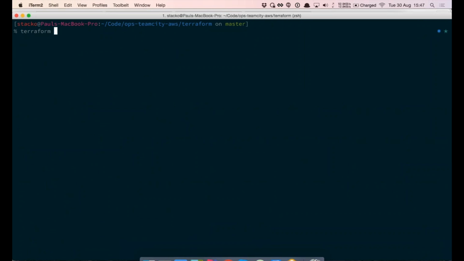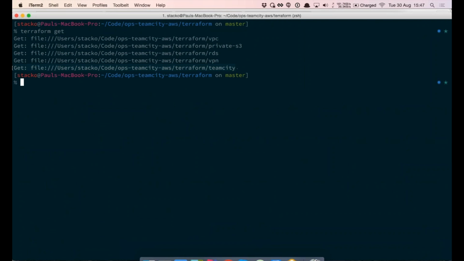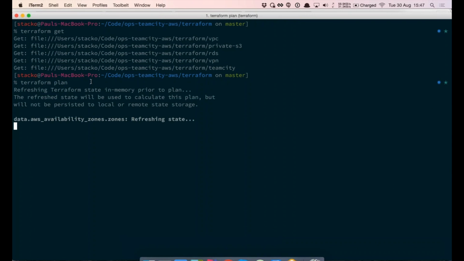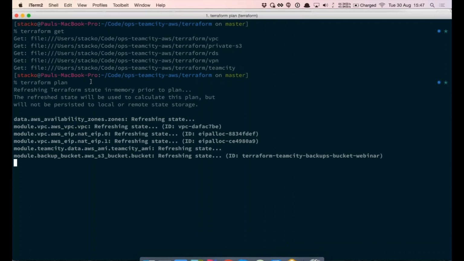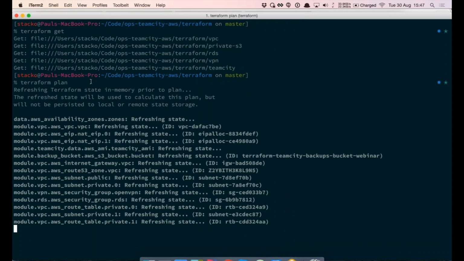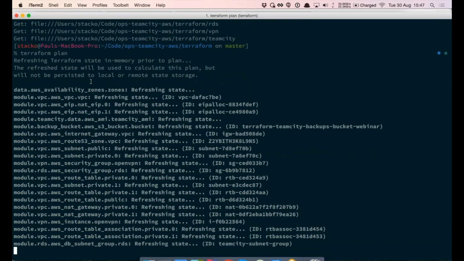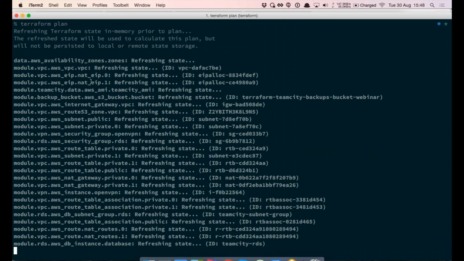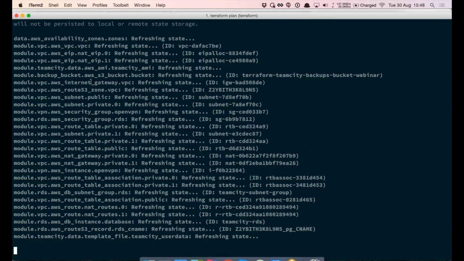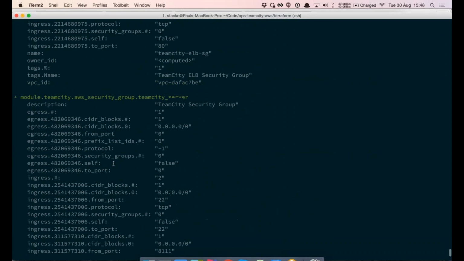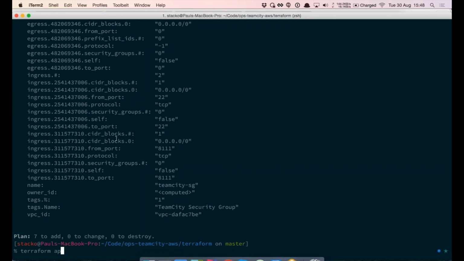And if I run the command terraform get again, you'll see that it's now downloading the TeamCity module. And Terraform Plan will tell me that it's actually going to create a lot more infrastructure in this case. So it's going to create an AutoScaling group, a launch config, 2 security groups, an ALB. And it'll give me a summary of what it's going to create. And it's all there. And if I Terraform apply that,